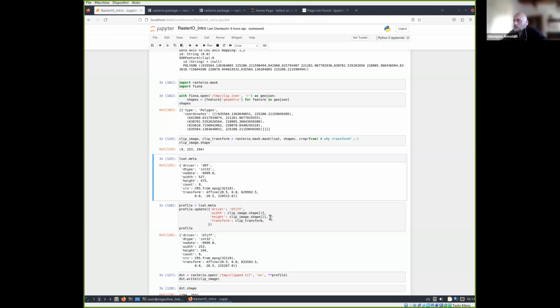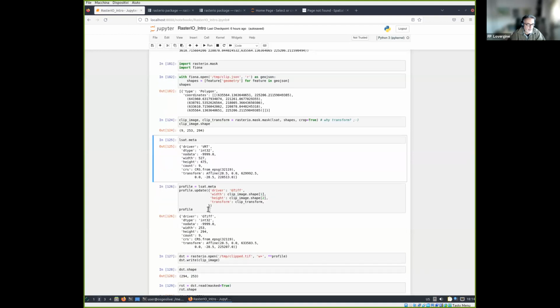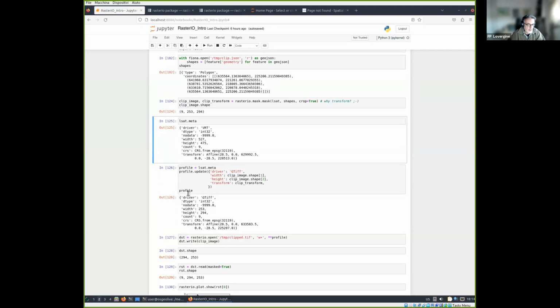And now I'm using the clip transform I returned from masking. This update is enough to write the new profile, which is this one with GeoTIFF, int32,